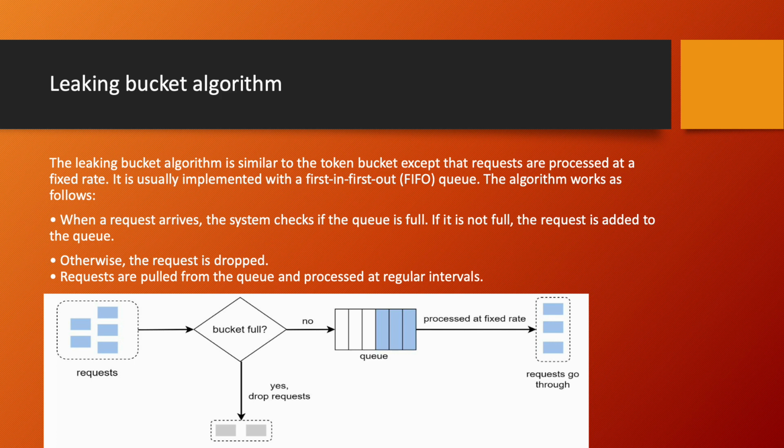Otherwise, the request is stopped. Requests are pulled from the queue and processed at regular intervals. So as you can see in the figure, you have the request on the left hand side. It comes across to the leaky bucket algorithm, and it checks whether the bucket is full or not. If it is full, then the requests are dropped. If not, it is added to the queue, and then from the right hand side,